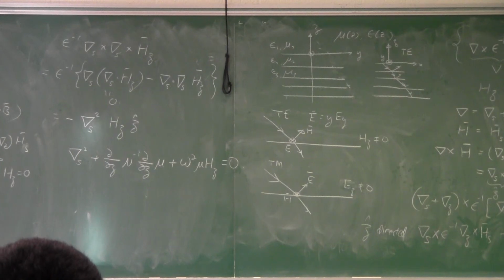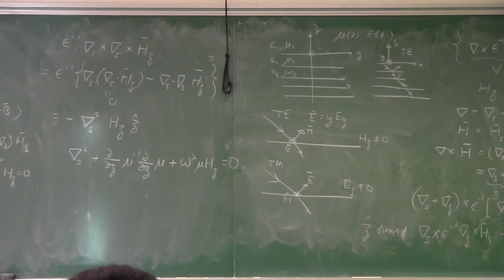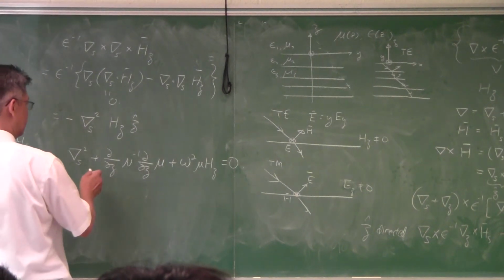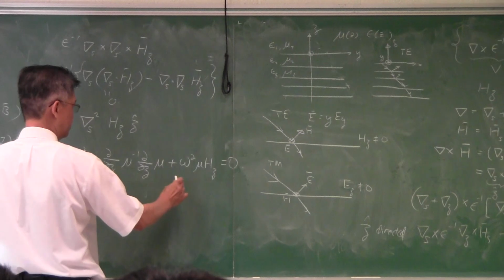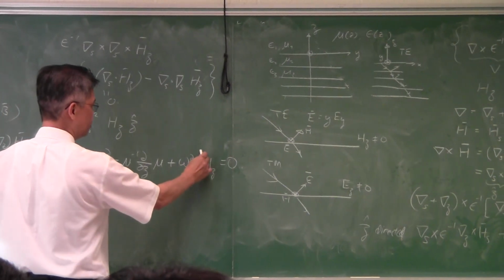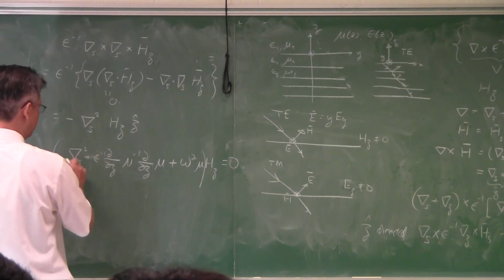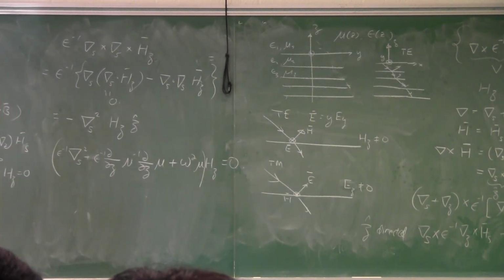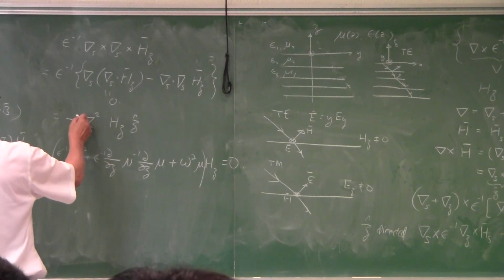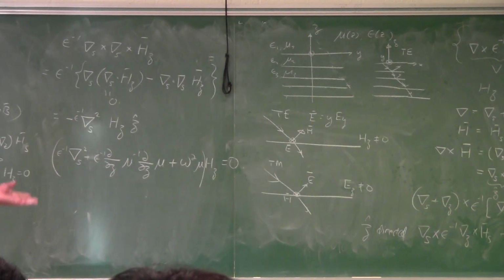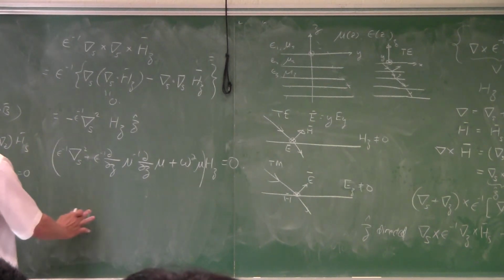And finally, I should have an epsilon inverse somewhere. Okay, so this should be epsilon inverse over here, and so there should be an epsilon inverse over here. If I put a parenthesis over here, there should be an epsilon inverse over here, epsilon inverse over here. Okay, because then there should be an epsilon inverse over here. So this is the final equation that I have, and I can rewrite it as